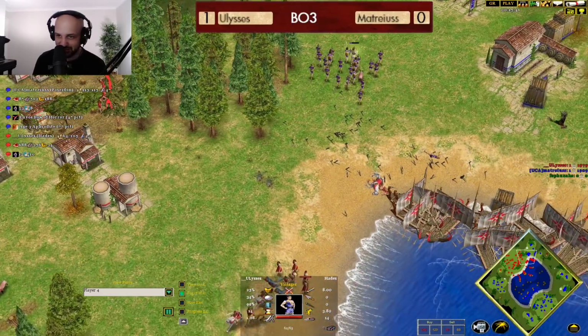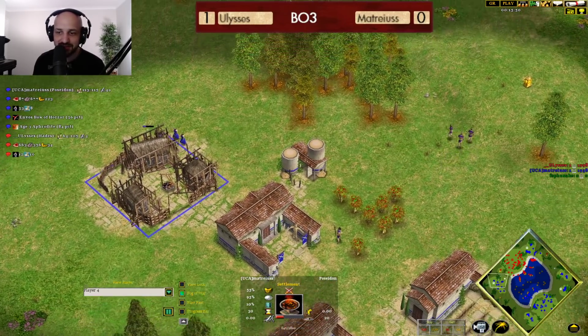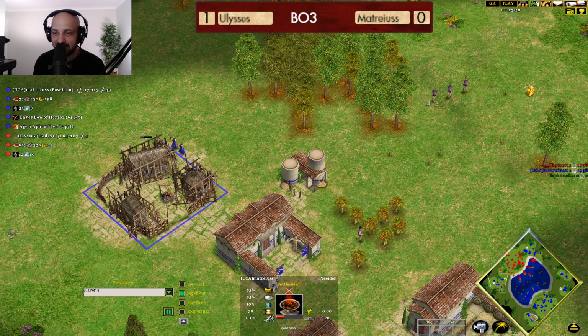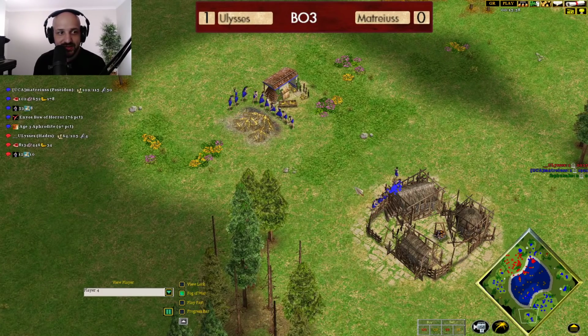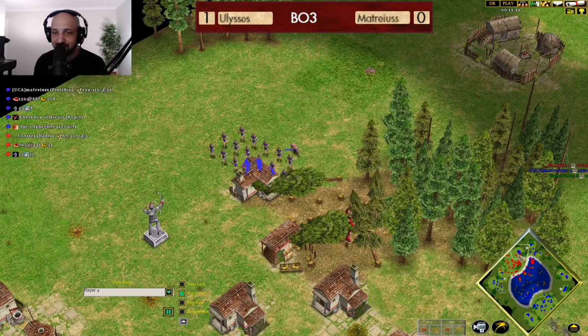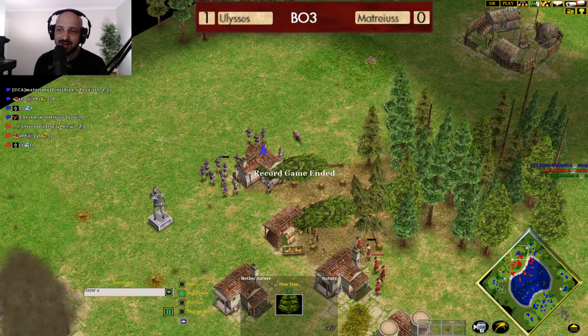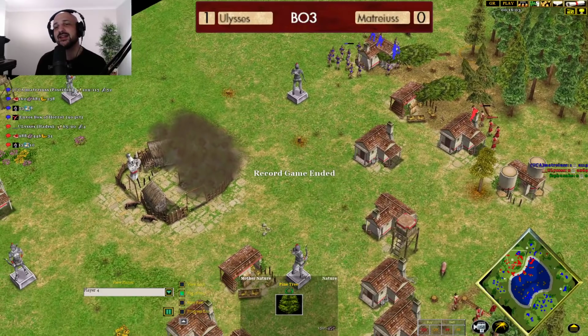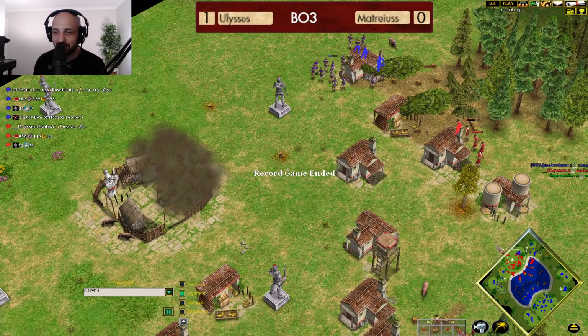Even more villagers. And now we see Matreiuss adding insult to injury, grabbing the forward town center, grabbing his back third town center as well. And he's getting Envoy's Bow of Horror as well, as he did go at Ares. So this is going to equalize on the damage here. And we do see in that moment, Ulysses tapping out. GG. Well played by Matreiuss with a very, very, very smart